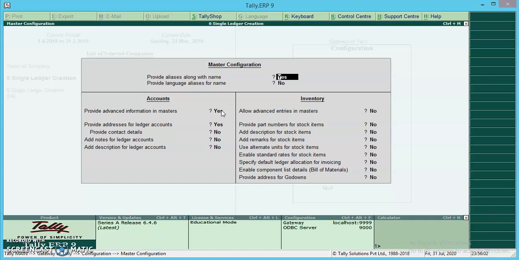Like allow aliases along with name, that is to provide aliases along with name. Allow language aliases for name. Accounts master. Allow advanced entries in masters.